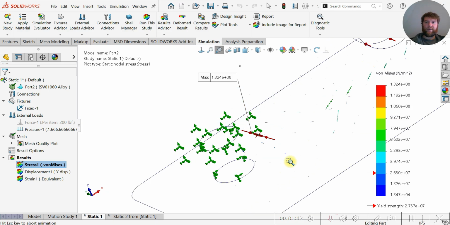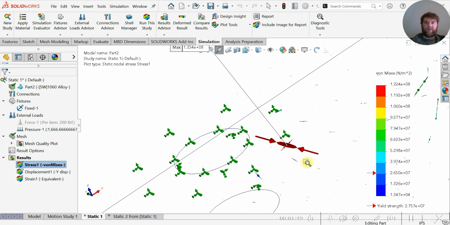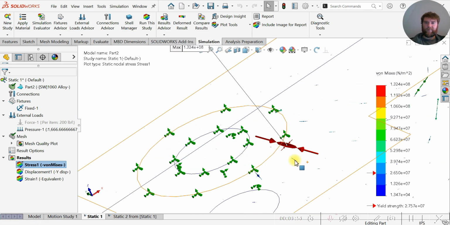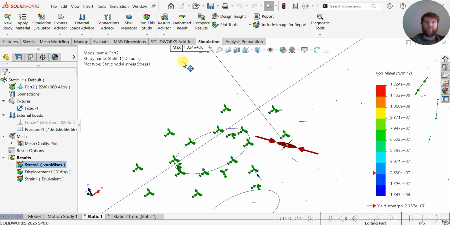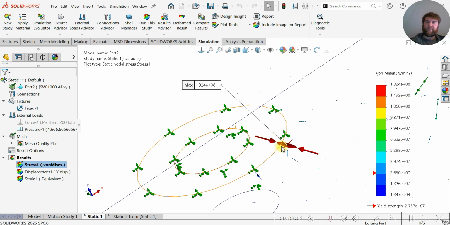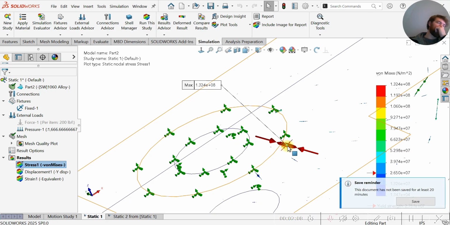You can see these other tensor plot forces shown here are much smaller in magnitude than the max we have plotted in this dark red here. And this is the direction and magnitude of the principal